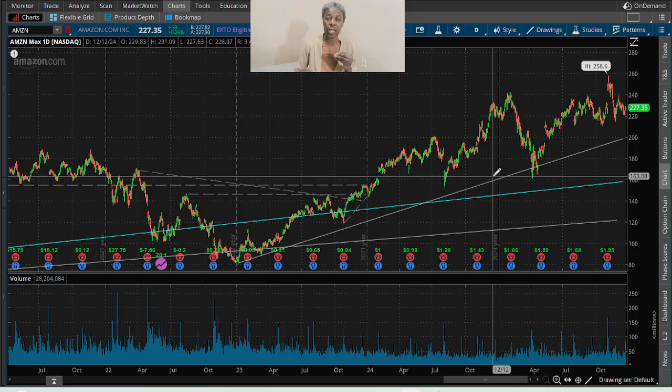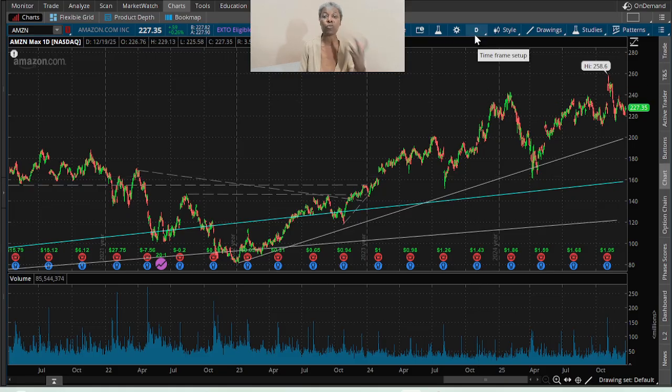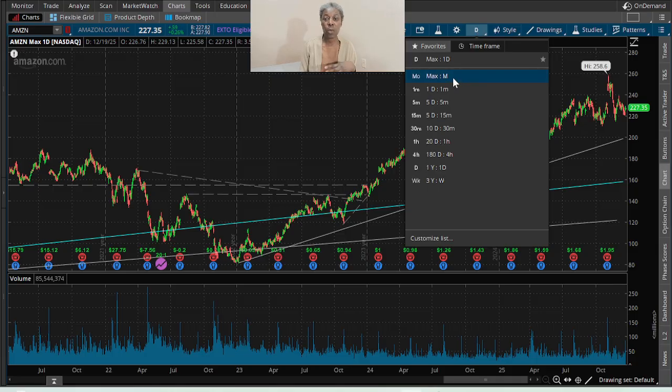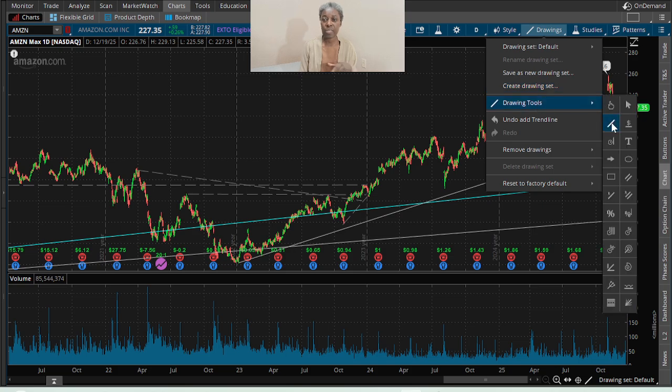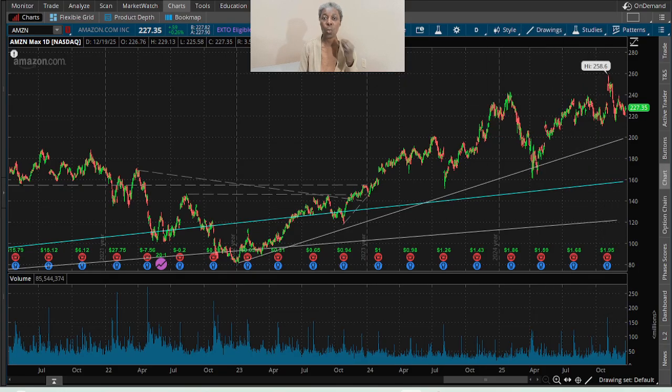Another feature that we just used when we were talking about Amazon is the drawing tool. That's a feature of the chart that I think is important to have. With the drawing tools, I tend to use the trend line and the arrow. The trend line allows me to trace my support lines where I want to buy, and the arrows, I use to mark where I purchased and where I sold. For instance,